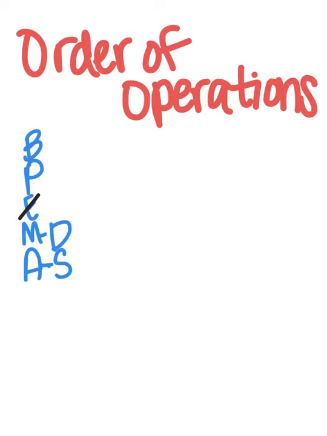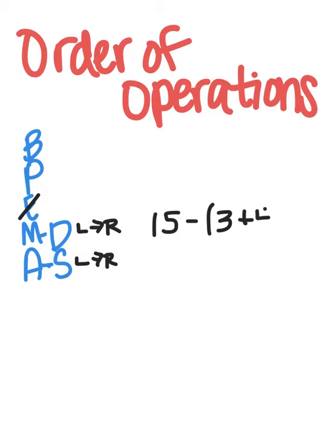Remember, if you have multiply and divide in the same expression, you always go from left to right. We'll show an example of that in a second. Same thing with addition and subtraction. It's like they're best friends and they want whoever is closest to your left to go first. So you will go from left to right. For example, if we had a problem like 15 minus parentheses 3 plus 4